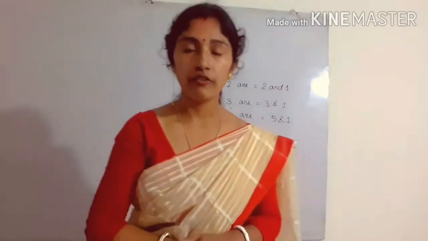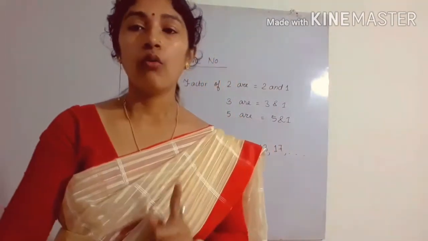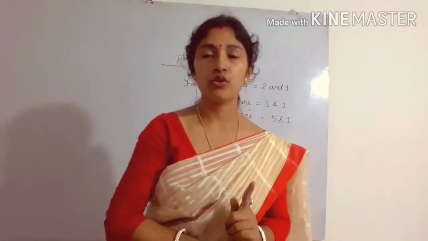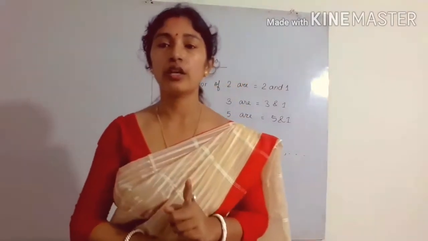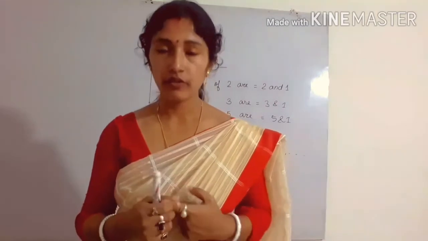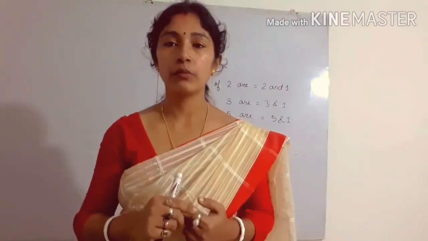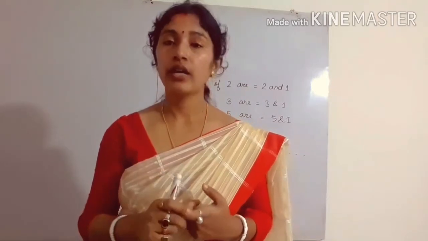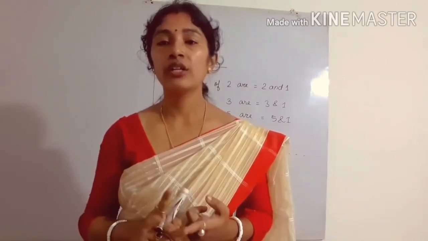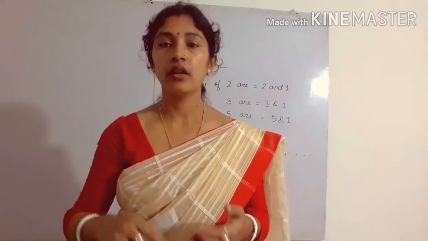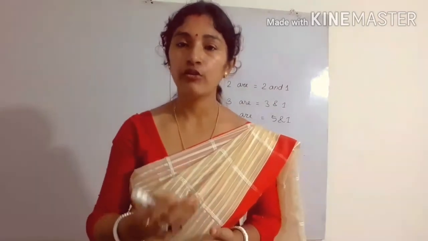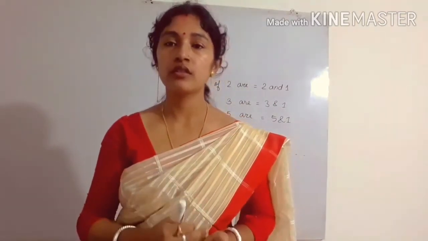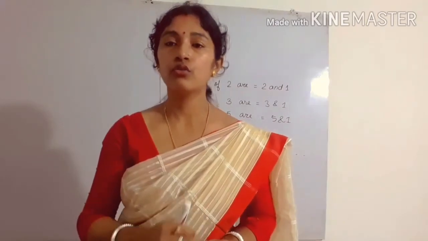Many of you have one doubt, that is, is 1 a prime number or a composite number? So what is the definition of prime? You have to check. The definition of a prime number is the number which is divisible by 1 and itself. According to that, 1 is not prime. And according to the definition of a composite number, the numbers which have more than 2 factors are called composite numbers. So this definition is also not true for 1.